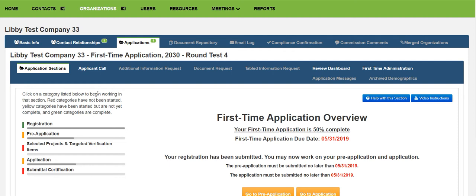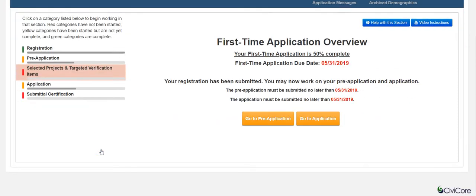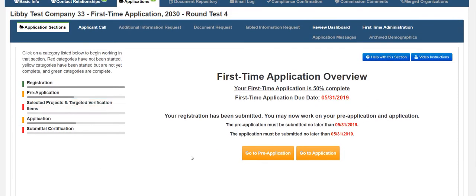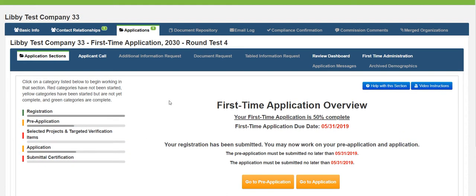If you are an applicant working on your application, you can go to the Application Sections tab to review your progress and see how many sections have been completed on the application and see how far along you are, broken down by percentage. In this test application, it's 50% complete, and you can see the deadline for this application in red. To the left of this list are going to be the items that need to be completed to